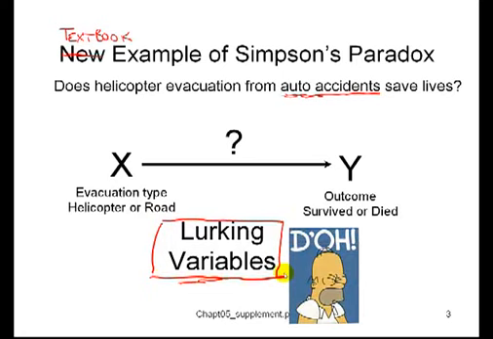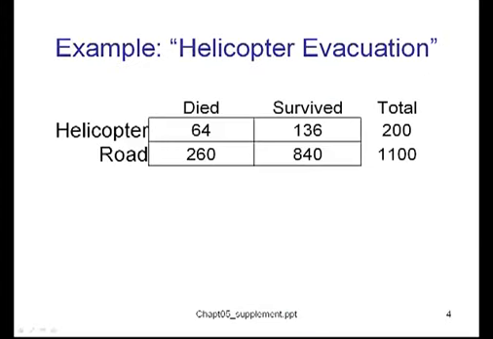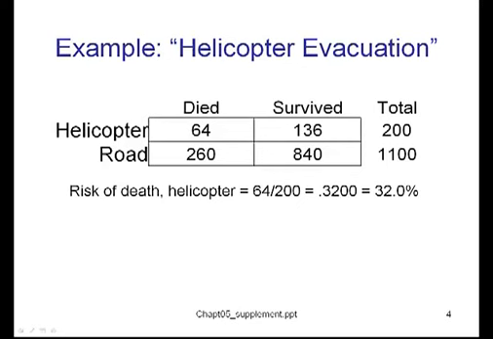So of course we know that calls into question a phenomenon we call Simpson's paradox, where the lurking variable changes the direction of the association. So I believe the textbook does a very good example of Simpson's paradox with helicopter and road evacuation. I see that this is exactly the same numbers presented to you on page 129 of the textbook. So instead of going through it in as much detail as the textbook, I'm just going to remind you